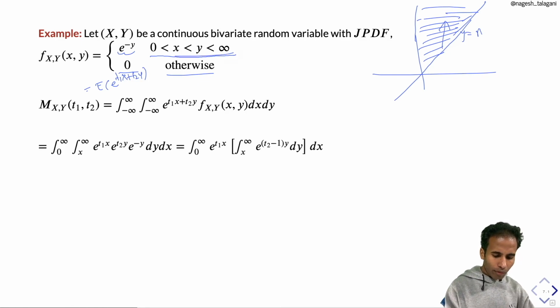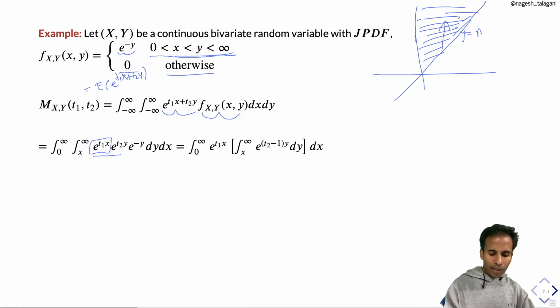So here the y limits are x to infinity, x limits are 0 to infinity. Here this e power t1x plus t2y, I am writing e power t1x times e power t2y. This joint PDF is replaced by e power minus y. Okay. Now, as we are integrating with respect to y first, so we can get this e power t1x out